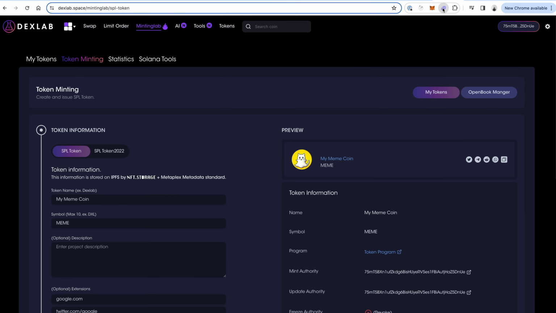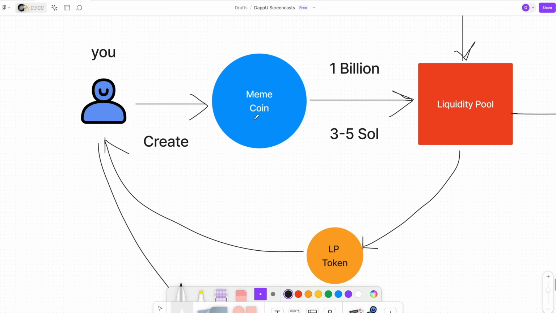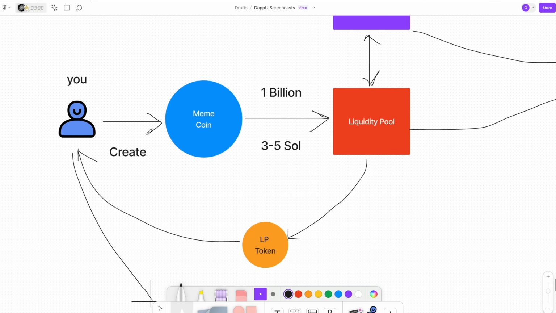Now, how many coins should you do? That's a really important question to ask, okay? So I recommend that you could create like 1 billion coins. So why is that? Well, 1 billion coins is a really easy number to manage. It's a nice round number. Lots of meme coins do this. And it's easy to calculate the market cap, which we'll talk about here in a minute when we talk about